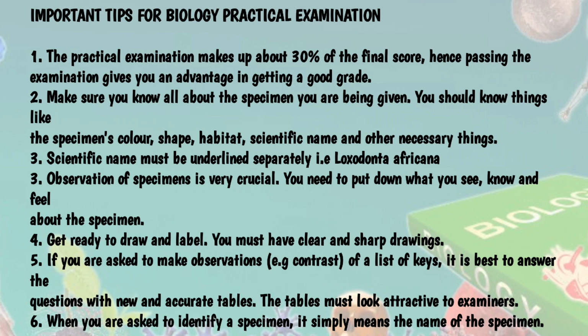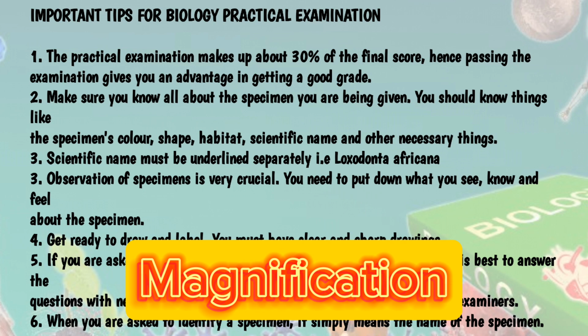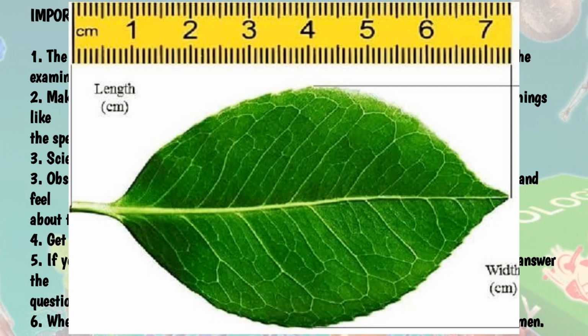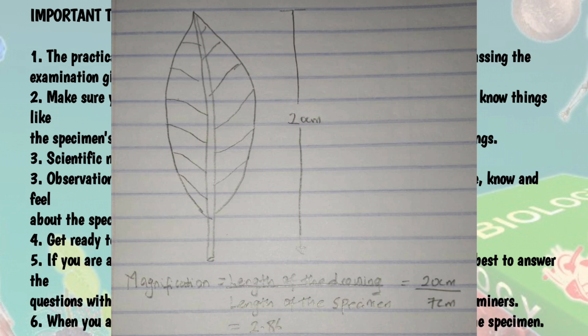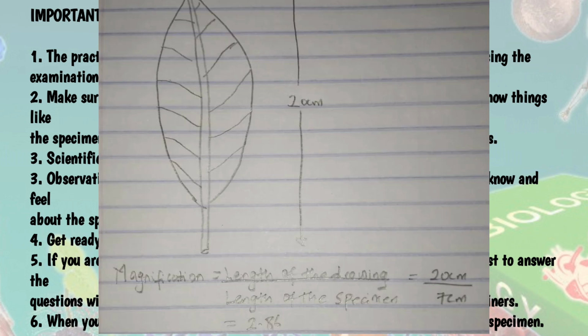Next, when you have drawn any of the specimen, it is mandatory you calculate what is called magnification. So on your screen, you have the real image of a leaf, then you have a drawing of a leaf. Now, what's magnification? Magnification is simply the ratio of the size of the image, or whatever you have drawn, to the size of the actual specimen. So it is the length of your drawing over the length of the actual